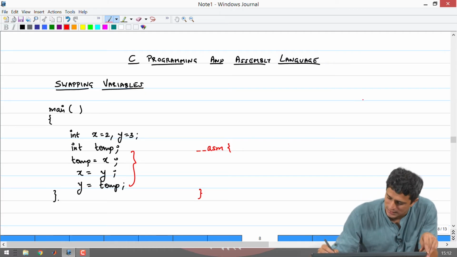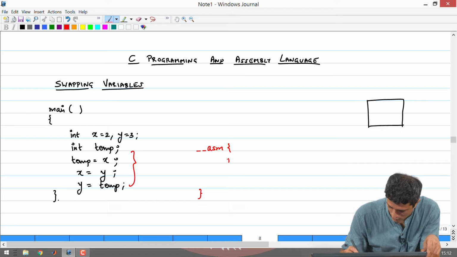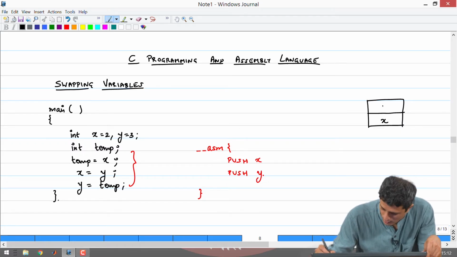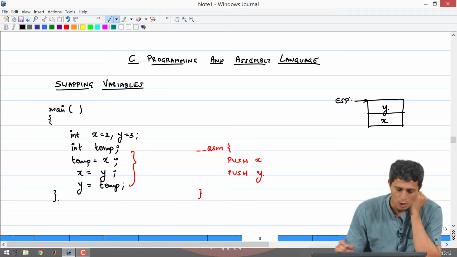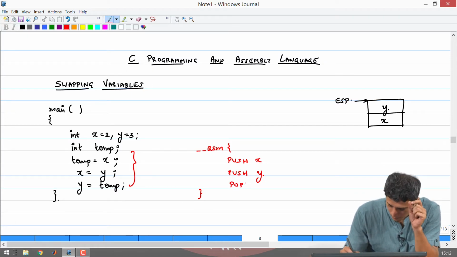A stack is, as we discussed, a last in first out structure. So if I perform two instructions, push x, push y, then what gets moved onto the stack is first the value of x, then the value of y, and this is my stack pointer. This is where my top of stack pointer is. Now if I simply go ahead and pop in exactly the same order, pop x, pop y,